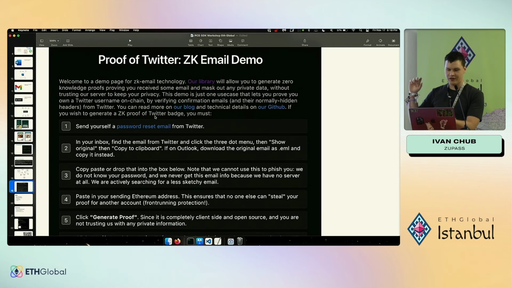And so this ZK Email project lets you take that email, the full one with the signature, put it into a zero-knowledge proof as an input, and then it's combined with another project that lets you make proofs about JSONs inside of a zero-knowledge circuit